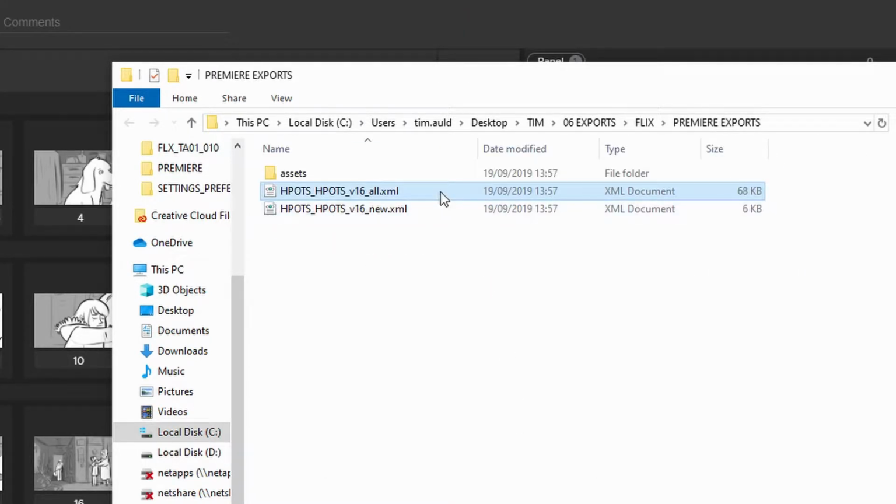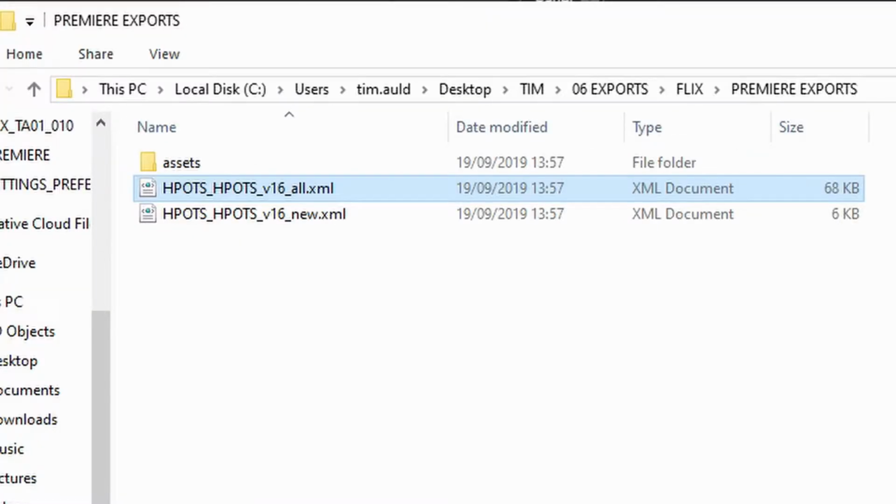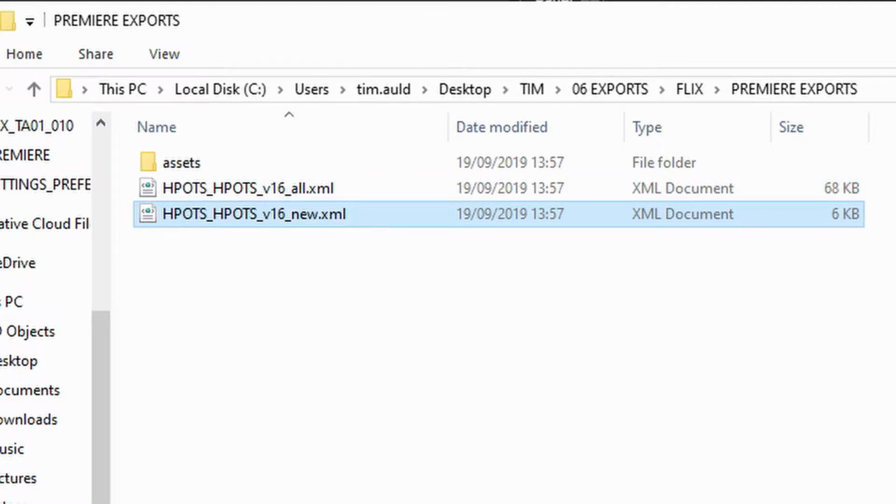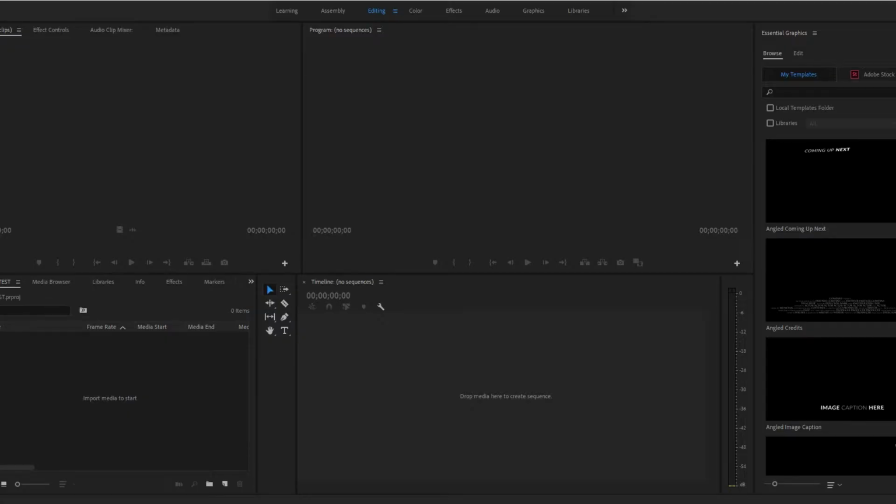One XML has the suffix all. The all.xml references all the panels in the sequence. The second XML has the suffix new because it references only assets for panels that are being published to editorial for the first time. Importing your Flix XML is really easy with Premiere because you don't have to set up